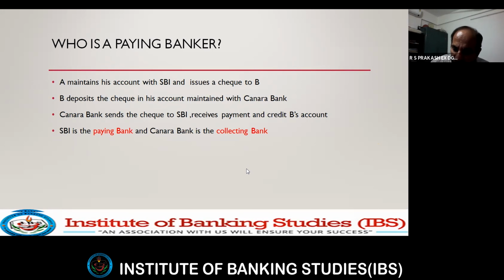What will I write? Received payment, please pay to A. A will say, received payment, please pay to B. B will write, please pay to C. So it can go on and on. There is no restriction on the number of times the instrument can get transferred from one person to another. Like we get transfers during our career, any number of times. Every month, every year, every 6 months, there are officers and staff who get transferred.